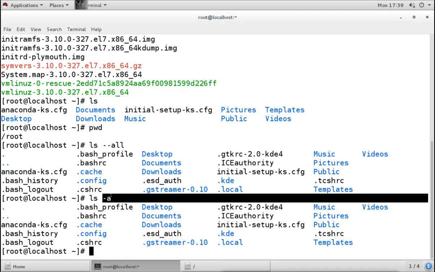For example, with ls I will add hyphen hyphen all. Then if I want to add more options, I give a space, then hyphen hyphen and another option, then hyphen hyphen and another option. Now I am adding three options with this ls command.